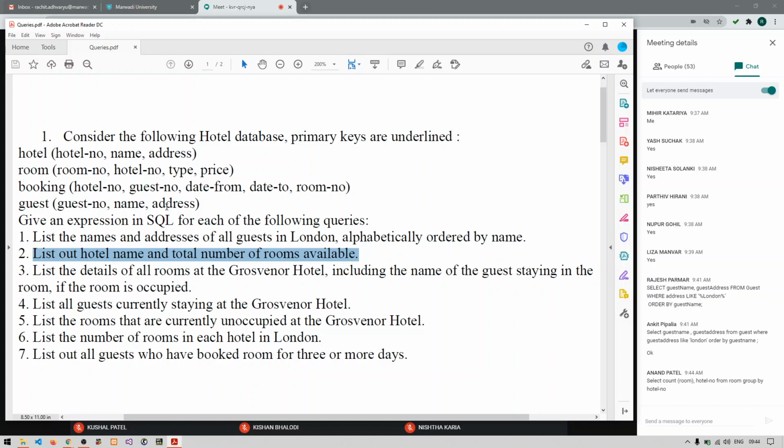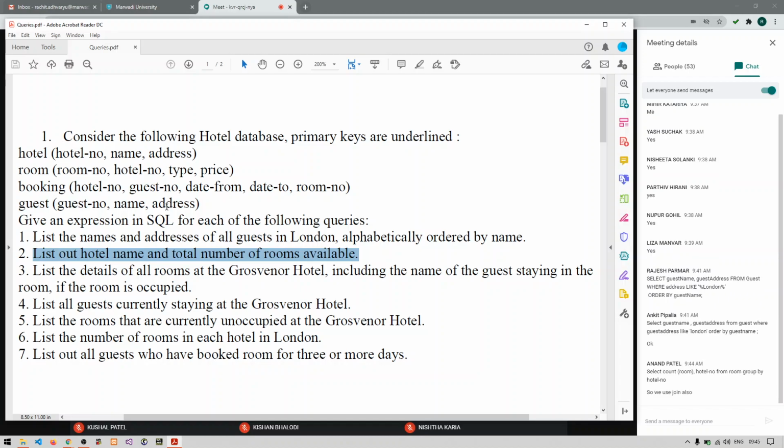Okay, select count room, comma hotel name, not number. Anand, it is quite incorrect. Yes, we need to use a join somehow. So now try to give the answer.